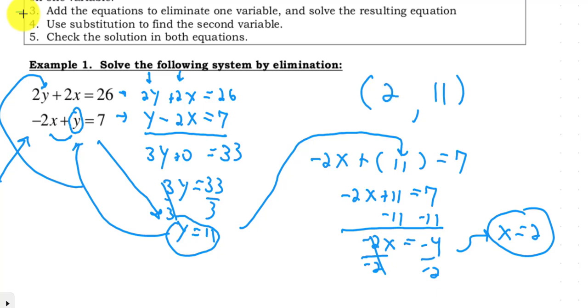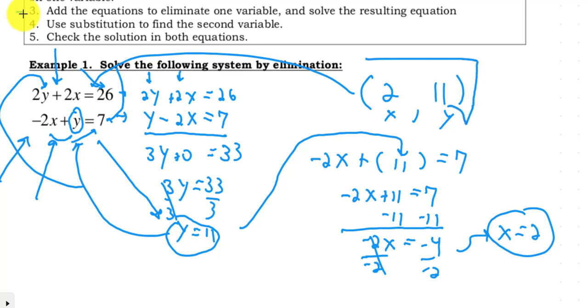Now, if you want to check your work, remember, this is x, this is y. You can plug them back into the original equations to see if they are true, right? So if I put in x and y here, I should get this 26. If I put in x and y here, I should get that 7, right? So this is my solution. 2, 11, okay? And again, you should definitely do the check. Let's try another one. On the next page,